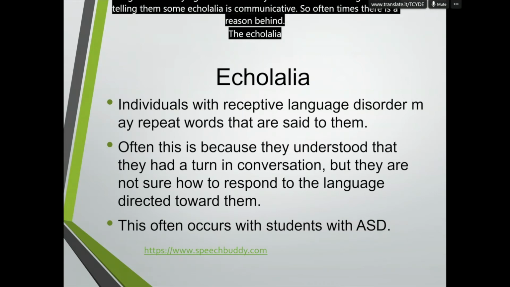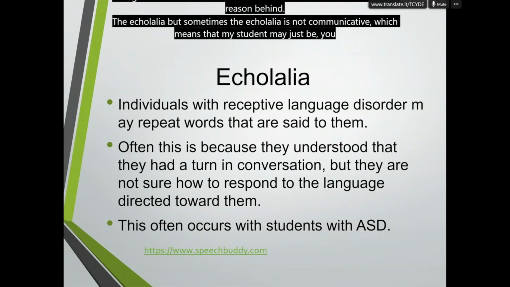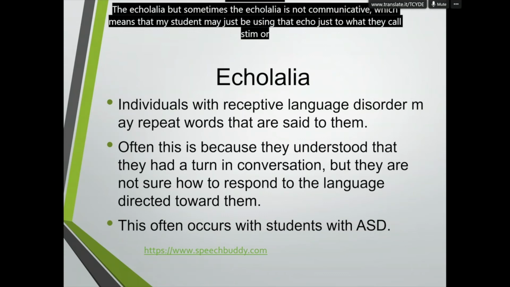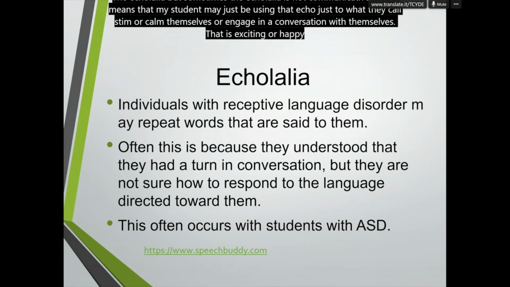But sometimes the echolalia is not communicative, which means that my student may just be using that echo to, what they call, stim or calm themselves, or engage in a conversation with themselves that is exciting or happy for them. So individuals with echolalia